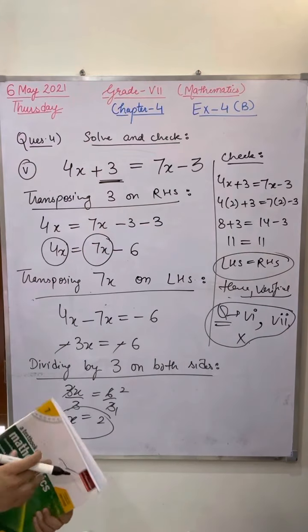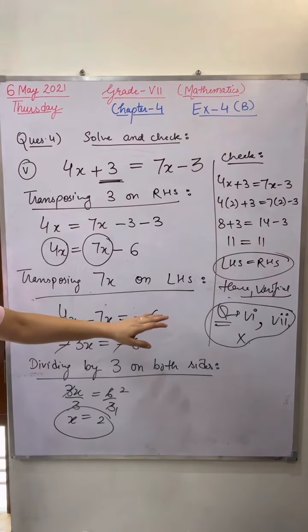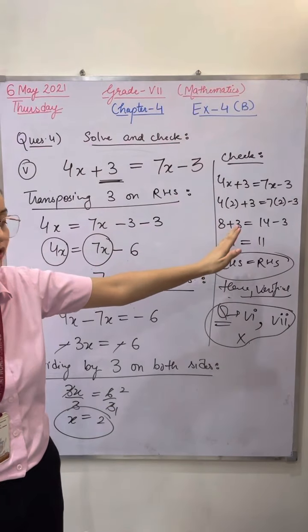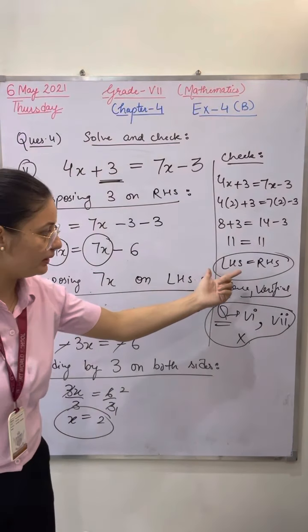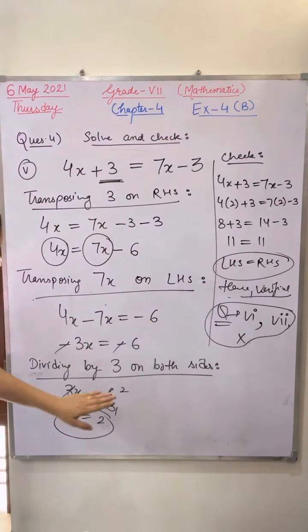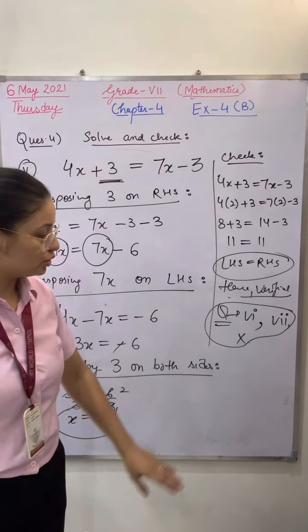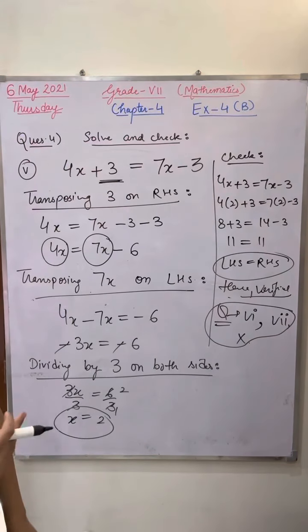Okay, very easy. Just see in the question which methods we can apply, mention it properly, and then check your answer by putting the value in your question. Left hand side should be equal to right hand side. If they are equal, it means your answer is correct. You have done the question absolutely correct. Okay? So do your work properly. Rest of the questions we'll discuss tomorrow in the class.